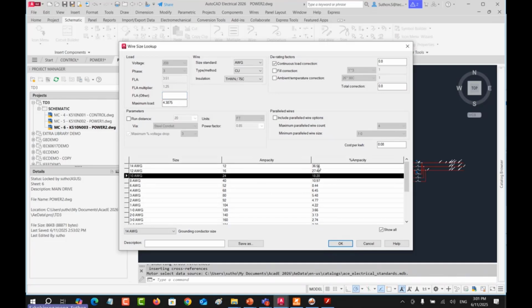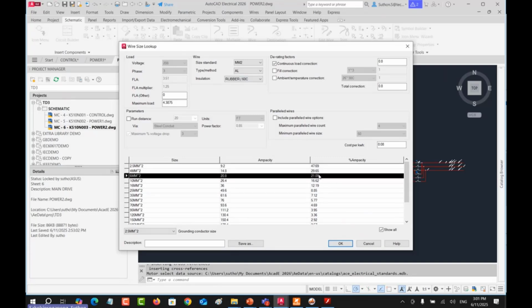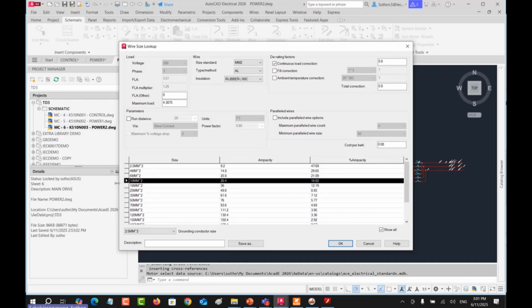You just see the ampacity and the percent ampacity, the maximum load, anything. AWG or square mm, copper or aluminum, rubber or XLPE. It depends on your choice. It's like a calculation book for you to see the ampacity and the size that you should use.